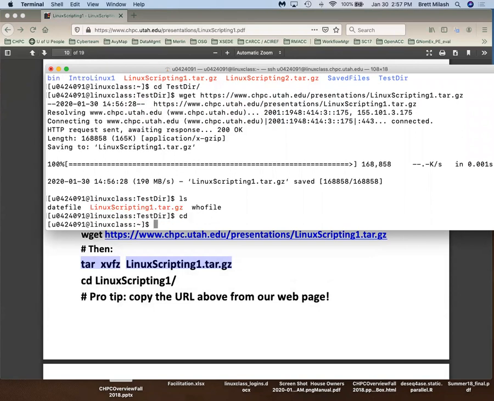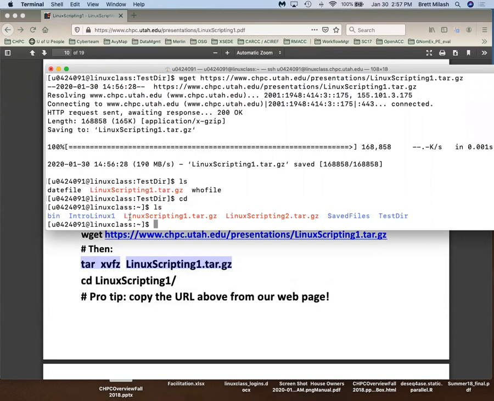Okay. So I have this file called linuxscripting1.tar.gz. I'm going to do a tar xvfz linuxscripting1.tar.gz. You'll notice I used the tab completion there, so I didn't have to type that whole big file name. You can use a hyphen for tar, you don't have to. Yep. Okay, so when I hit enter,